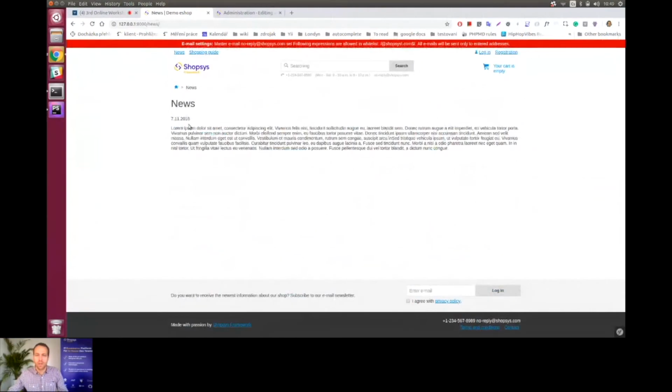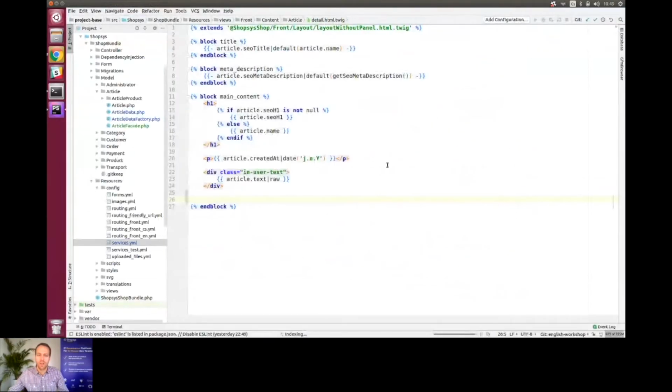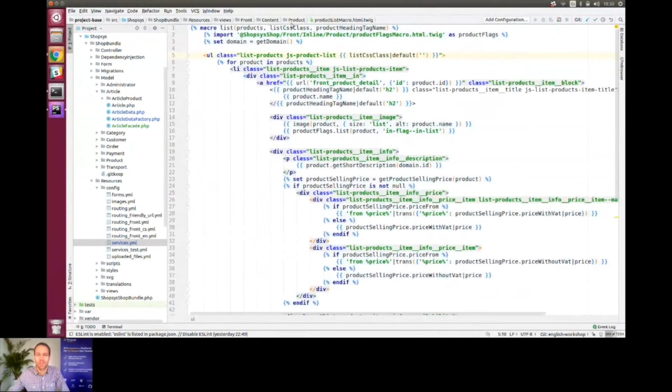And there is a component in Shopsys Framework. It's a twig macro called product list macro, and we can use it for our purpose. So let's take a look at it first. Product list macro, HTML twig. Here it is. Seems quite complicated, but we don't need to care about that. It's located in project base, source, Shopsys, shop bundle, resources, views, front, content, product,